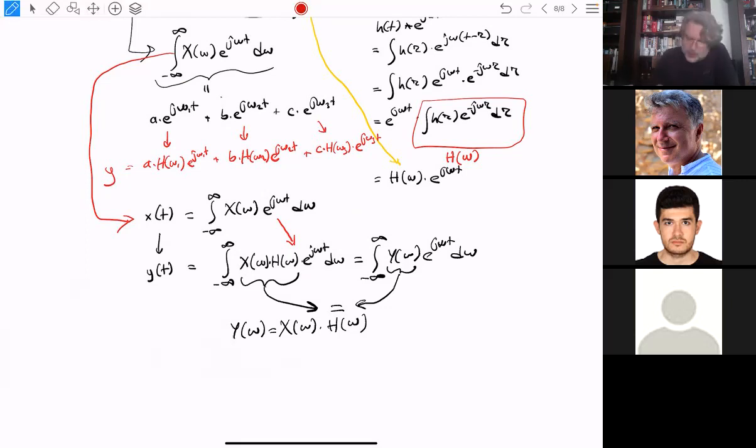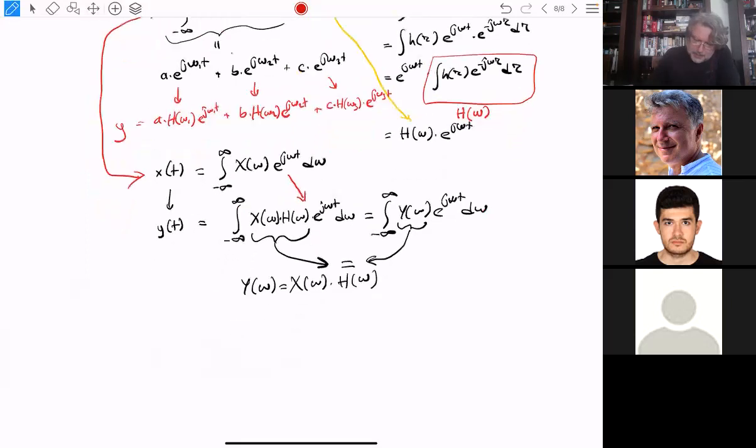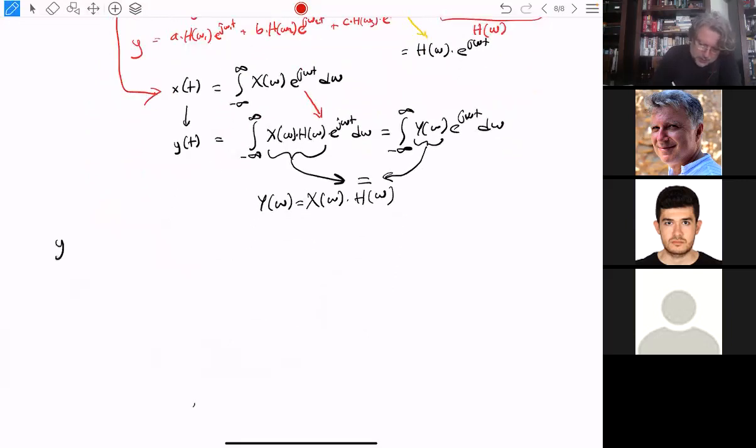In 2 dimensions, it's the same. In other words, if y of t, let's say like this, is equal to x of t convolved with h of t, then y of omega, now look at the bar, I didn't give the expression for this one yet, but you can understand that it's just a 2-dimensional extension of the same Fourier transform formula,